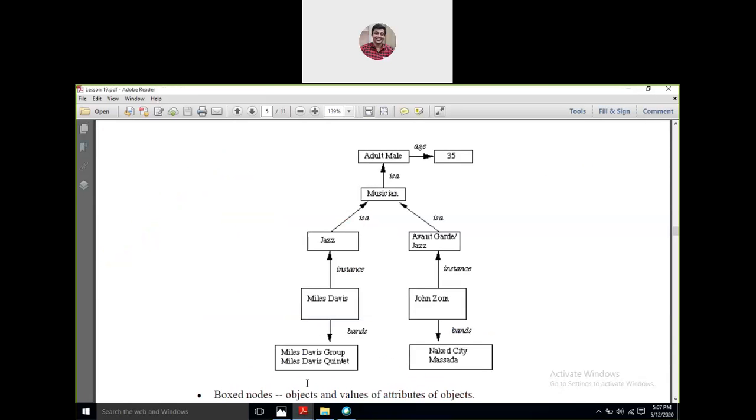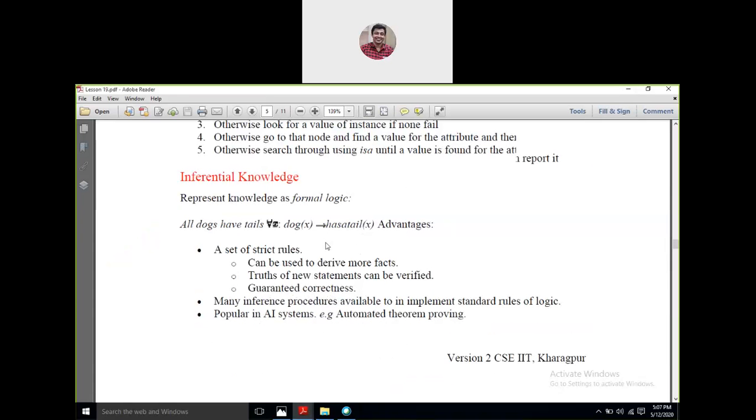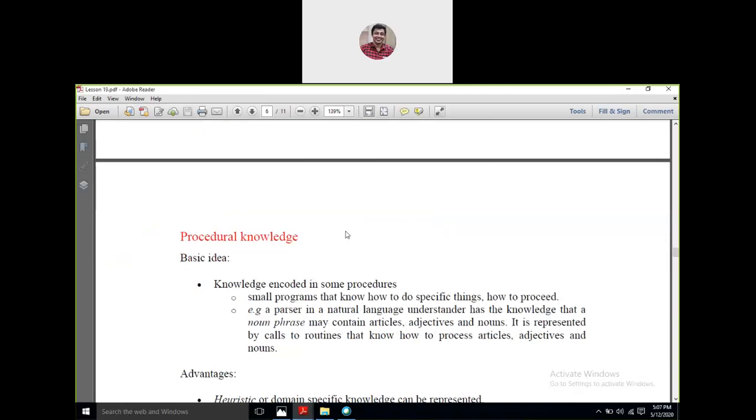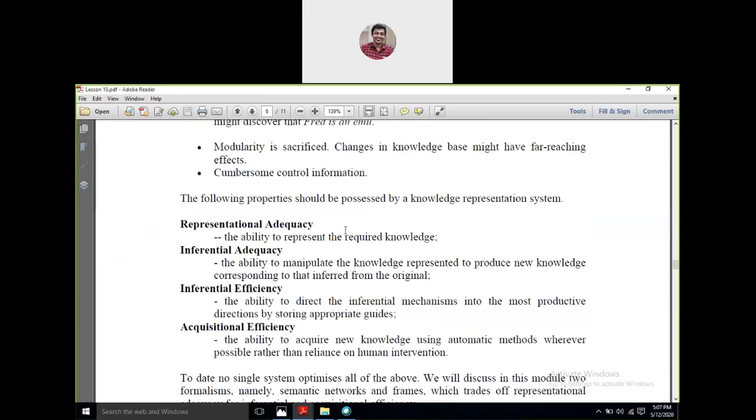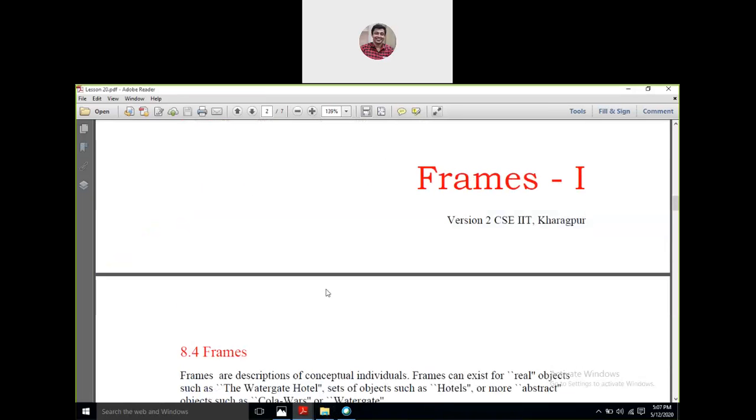Okay, so we are done with this, these parts, that means talking about the frame structure. I'll again take you back here. I have already talked about all these things in my video lecture. I'll be playing that also in our next lecture or the one after. I'll not be talking about this. These all things are already dealt with. Don't worry. If needed, I'll talk about these again. So from semantic nets, I have taken you back to the frames.